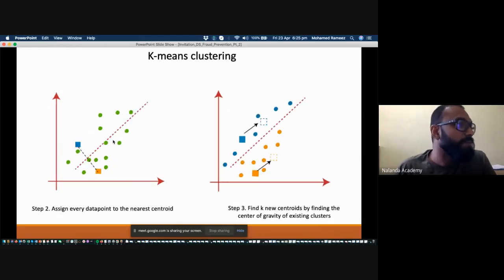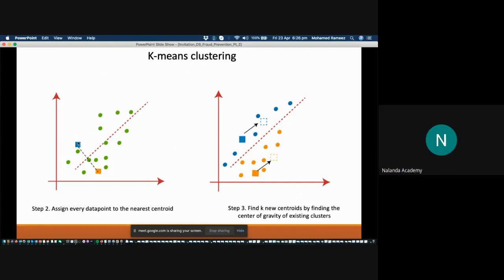The next step is to assign every data point to the nearest centroid. So you calculate the distance from each of the points to each of the chosen centroids, and depending upon which centroid each data point has a smaller distance to, you assign that data entry to that centroid point. The third step is to now find the barycenter of all the points that have been assigned to a centroid,